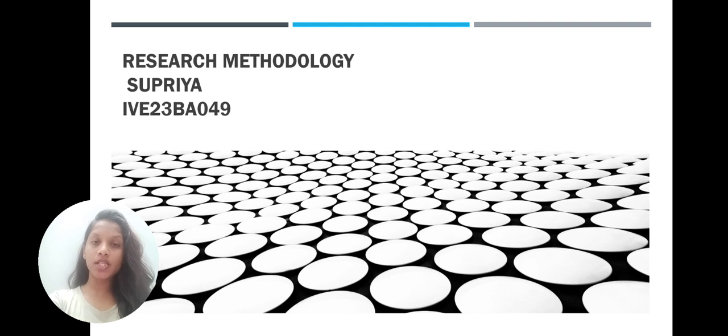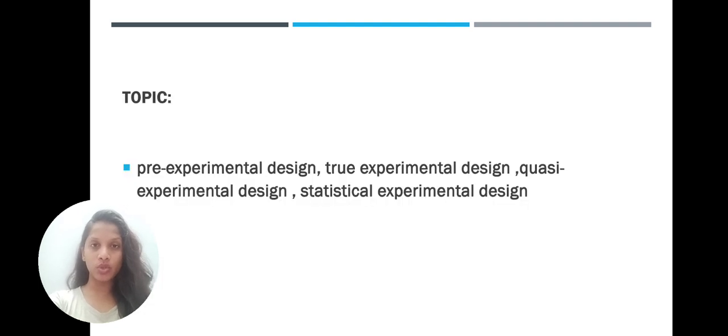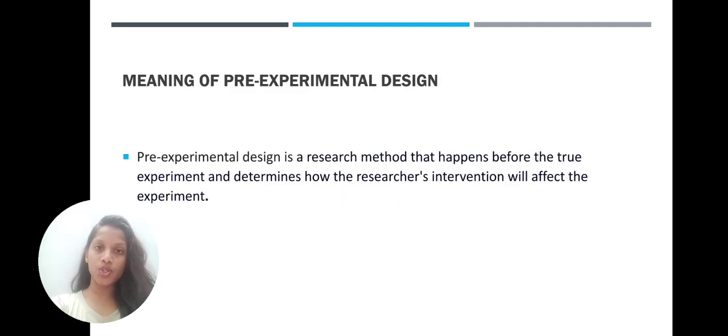The topics assigned to me for the second YouTube video assignment for research methodology are pre-experimental design, true experimental design, quasi experimental design, and statistical experimental design. So these are the topics assigned to me. Before going into detail, let us know the meaning of each research design. So the first research design is